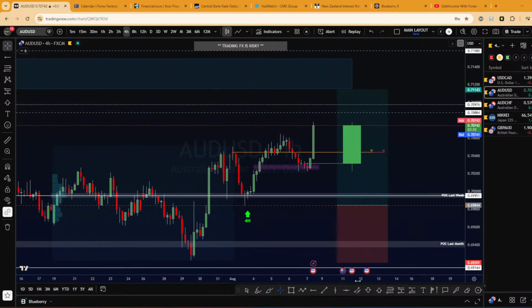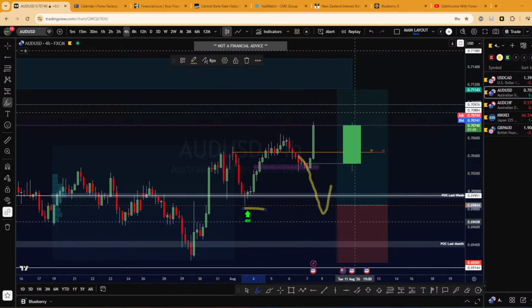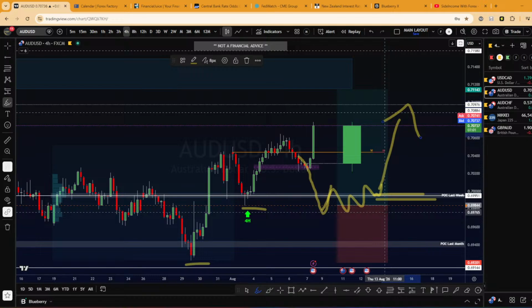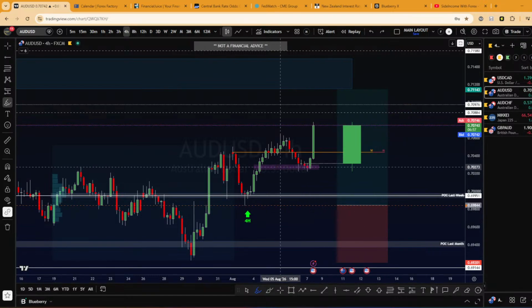What I wanted to see is I'm expecting some strength coming from the NFP report, so we could get something like that, a rejection of this low, stop below here, and then we could see a hold above this point of control and continue to the upside. But with this weak report, I think we are pretty much